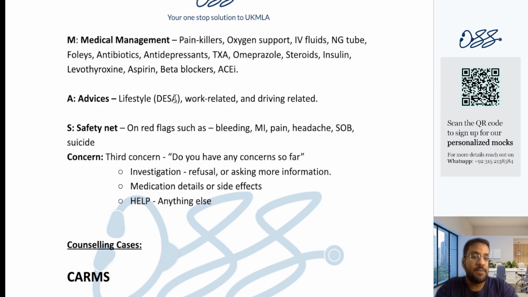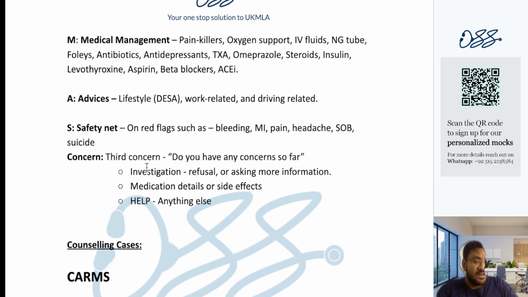Okay, so in a very smart and a very diplomatic way, you would have to change your approach. Okay, the way that you're saying things. Okay, you are advising the patient, but not right now. Just imagine you're retaining the patient in the A&E and you're saying, okay, how about you stop smoking? He's going to say that, doctor, I'm in the A&E with the worst headache of my life on oxygen support. Of course, I'm not going to smoke right now. Okay, when I get discharged, then I may think about smoking. Okay, so you need to word your advices in a very diplomatic way, and in the correct way.